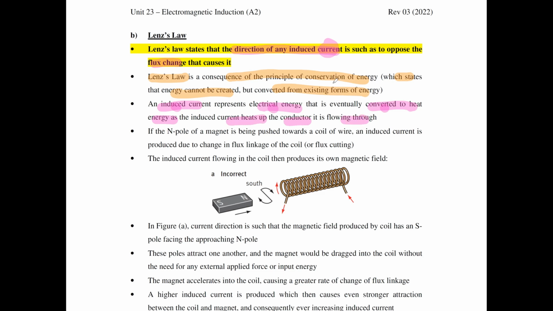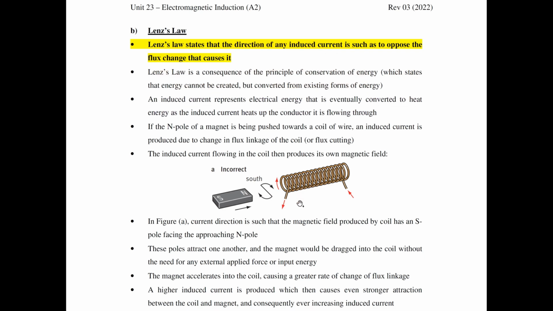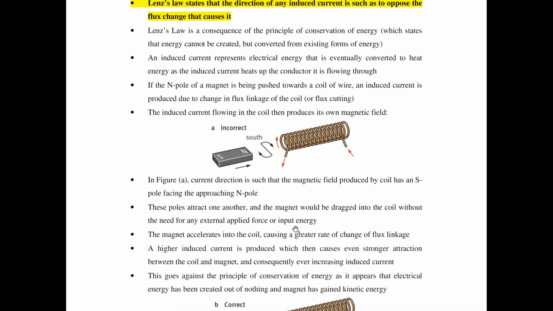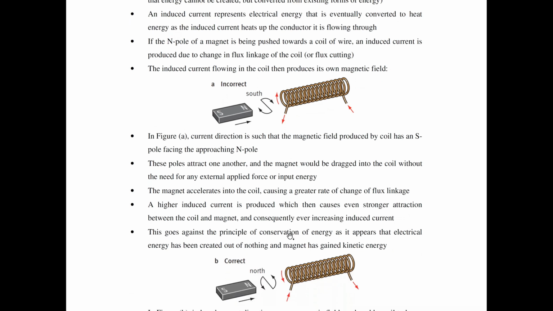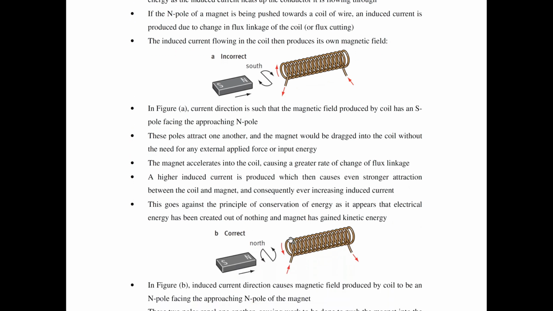So let's just consider two examples here to see why Lenz's law is actually a consequence of the principle of conservation of energy. Say you have a magnet here, and then you have a solenoid. If you were to push your magnet in, from the example that we've just done 1 or 2 pages back, if you were to push your magnet in,